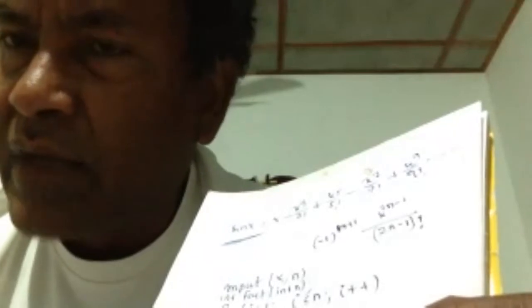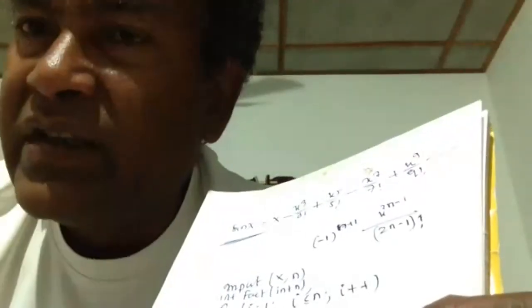I have told you, there are 4 types of function: function without argument and without return, function with return, function with argument, and function with argument and with return. Whatever I have given in the example is this case, function with argument and with return, both are there. Some functions have no argument but have a return. Some functions have an argument but no return. Return C, whatever I am giving, return C means the outcome from the subprogram. It will return to the main program.